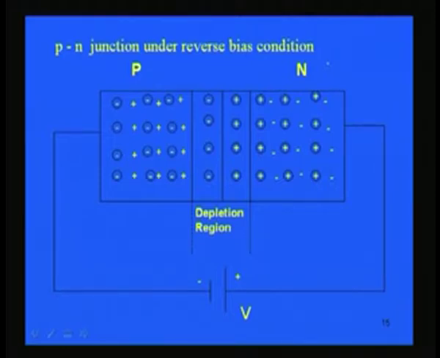What will happen is that now, as this negative terminal of the supply is connected to P type, these holes will be attracted by this negative polarity. So, they will be moving away from the junction. Similarly, these electrons will be attracted by this positive terminal of the battery. So, these electrons will be moving away from the junction. This is the junction. So, it will be going further and further away from the junction, and as a result of that,